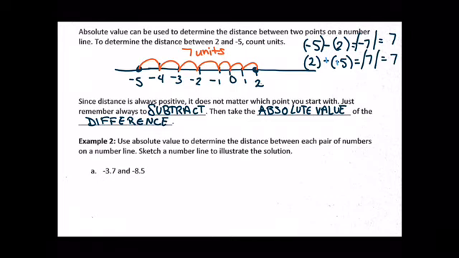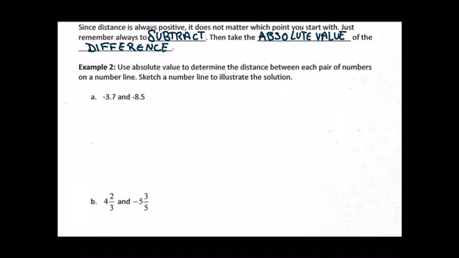So just like what I did there, it didn't matter if I did -5 minus 2 or 2 minus -5. You take the absolute value of your answer and you'll still get the correct number of units between the two numbers. So in this example, we're going to find, using absolute values, the distance between each pair